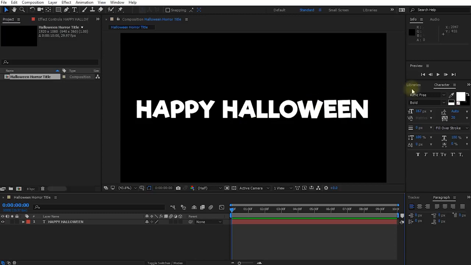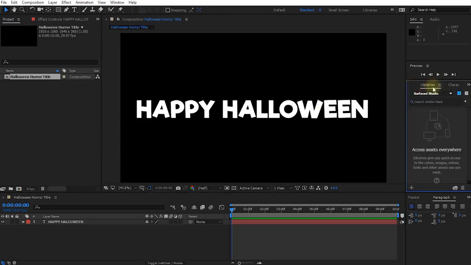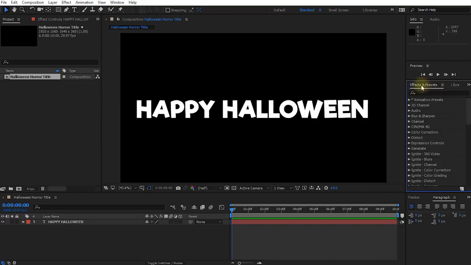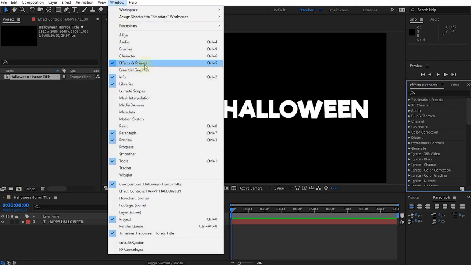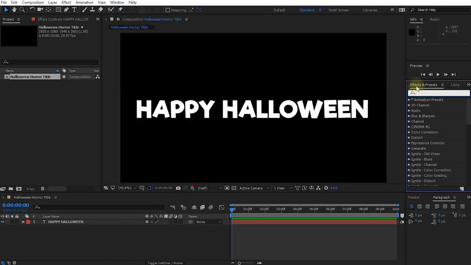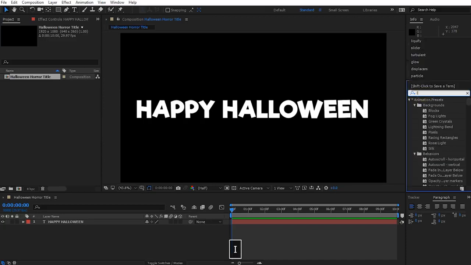In order to do that, over on the right-hand side of the interface, you should find an Effects and Presets panel. And again, it might be hidden somewhere underneath some of these other tabs. So there's an Effects and Presets panel. And again, if you can't see this, make sure you come up into your window and enable your Effects and Presets panel. And in your Effects and Presets panel, simply click into the search bar and search for the Liquify